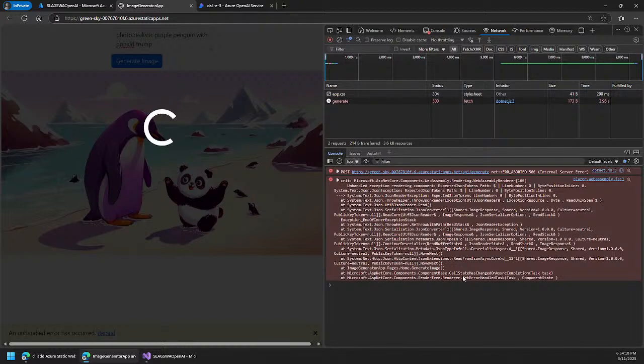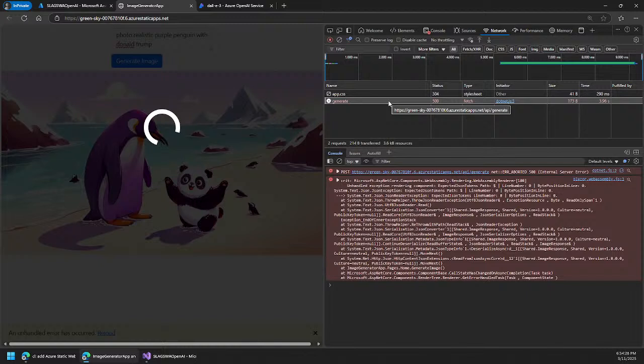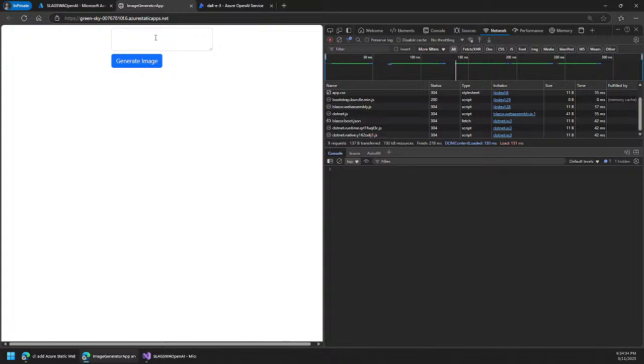It's this right here, the POST. No, it didn't return the error because we weren't that verbose. Let's get rid of Donald Trump and see. Let's just say photorealistic